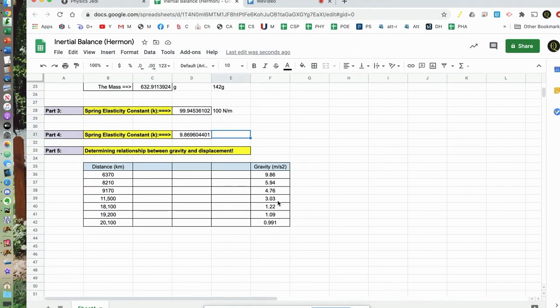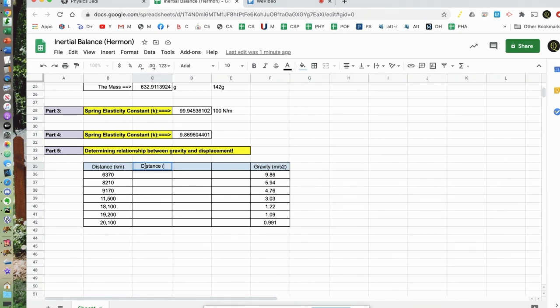It should be on our y-axis. The distance should be on our x-axis. I have them spread apart, and the reason for that is because we're going to have to do some manipulating as we go through. The first thing we want to do is MKS this, and so we want to put the distance